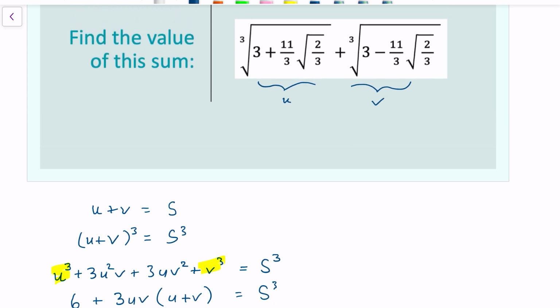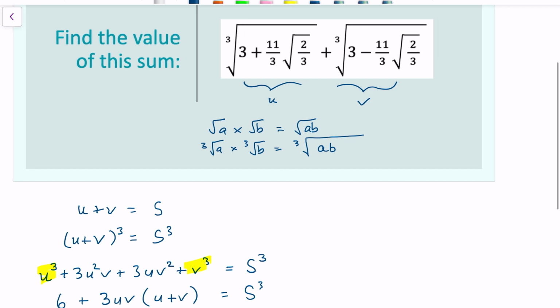If we multiply 2 surds together, like for example root a times root b, provided that a and b are greater than or equal to 0, that result there is root ab. So cube roots work the same way. Cube root of a multiplied by cube root of b is just going to be the cube root of a times b. And in this case, because they're conjugates again,